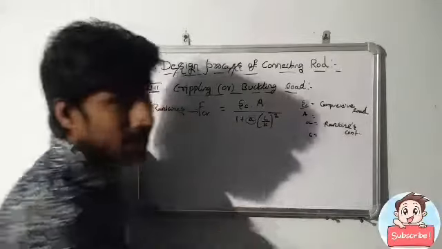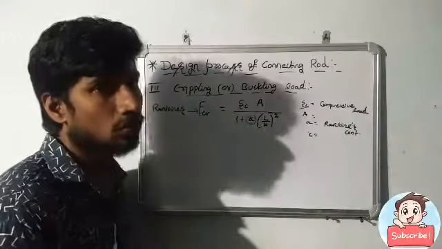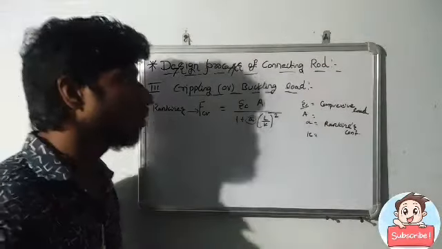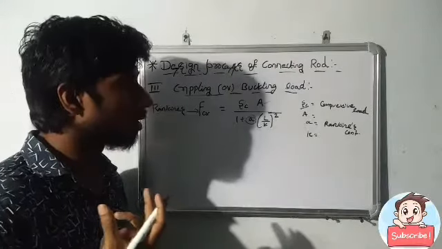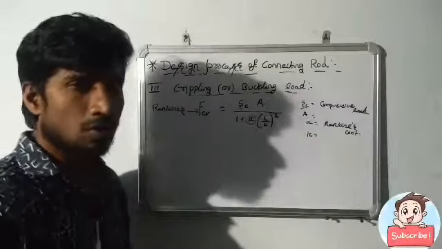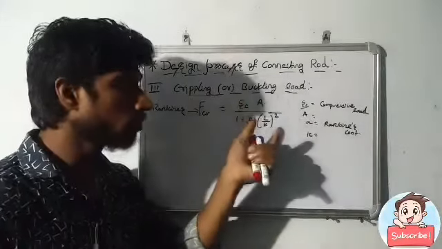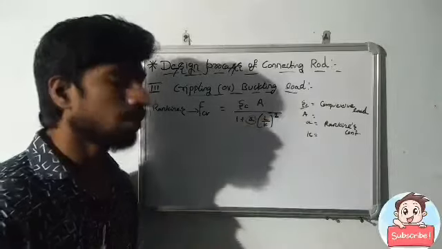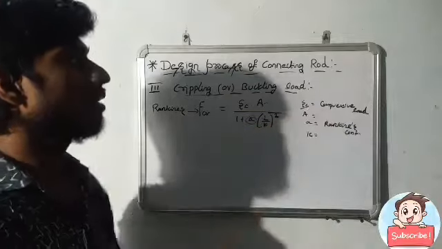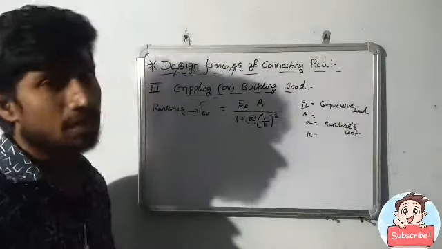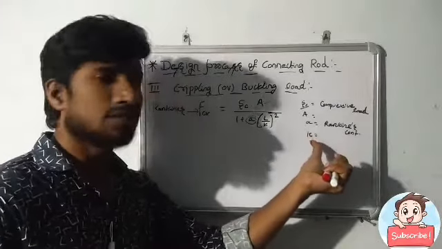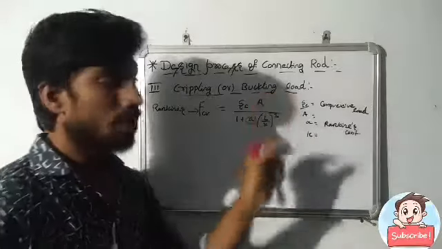Here, we consider the compressive load. To consider the compressive load, we use the condition of the material, or Rankine's constant value. By using these two values, Rankine's constant and the material condition, we consider the compressive load with the help of the design data book. After that, the least radius of gyration is also considered based on the shape of the connecting rod.